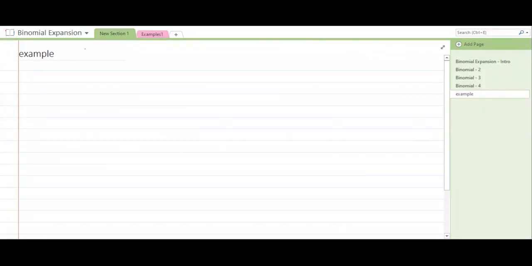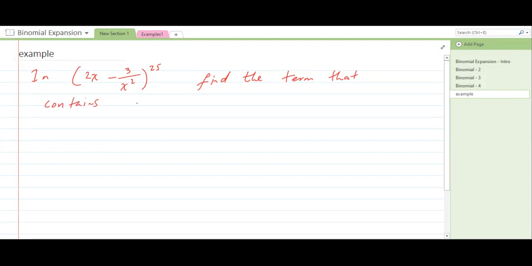Let us have a look at an example. In (2x minus 3 over x squared) to the power 25, find the term that contains x to the power minus 13. So, solution: what we can say is (2x minus 3 over x squared) to the power 25 is equal to